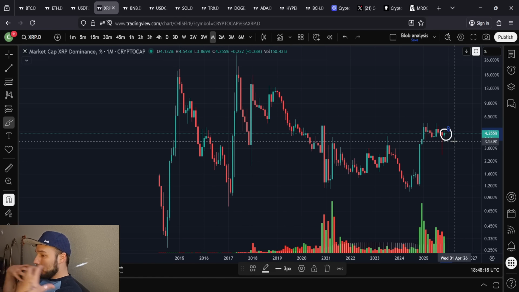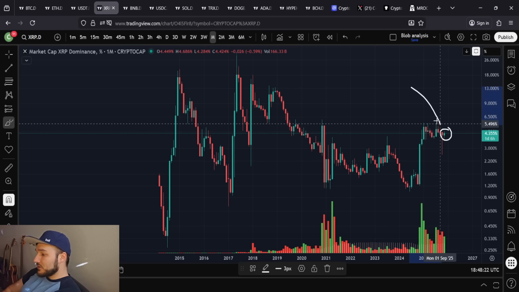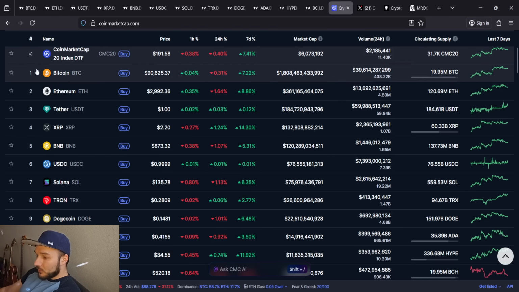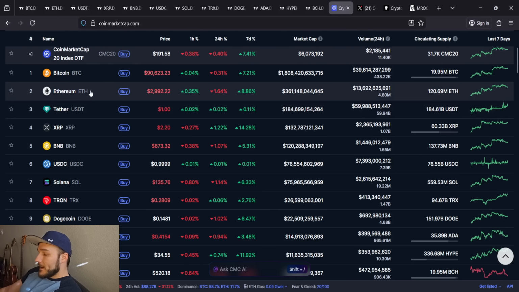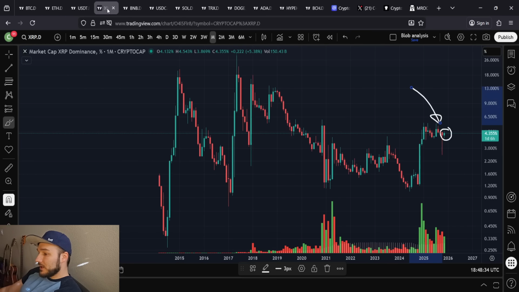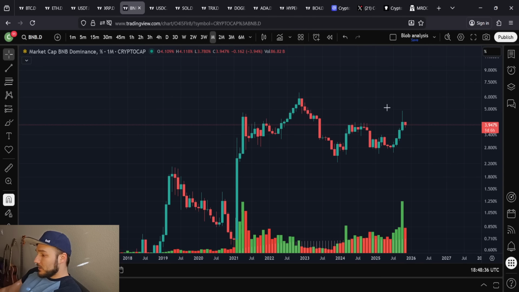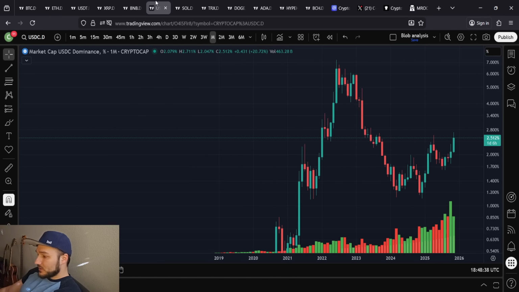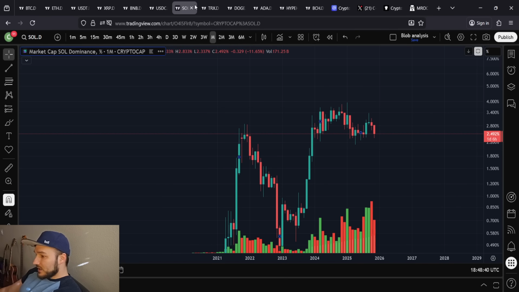In hardships, more market cap dominance has shifted toward XRP. That's something to mention. XRP, the top 3 coin, maybe top 4, depending on how you look at it, it's in good shape. It's in better shape, at least, I think, than Bitcoin or Ethereum has been, right? XRP. BNB, we go here, also down. USDC up, right? Solana is down.